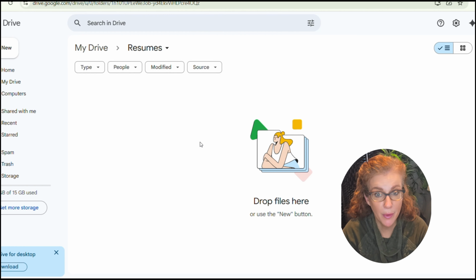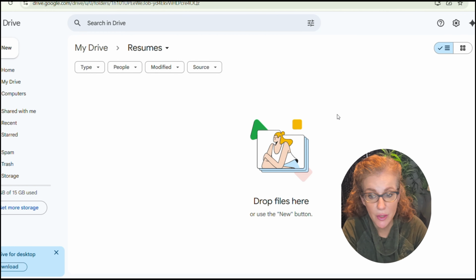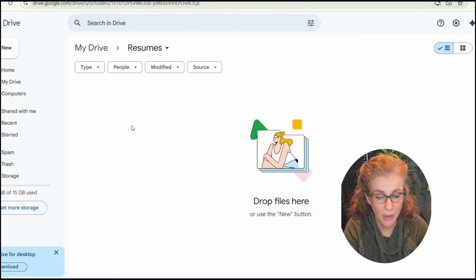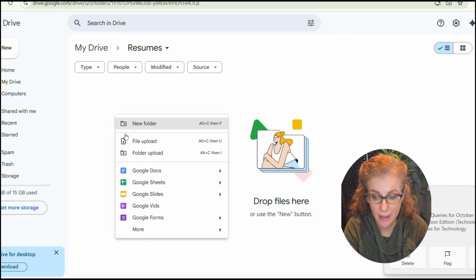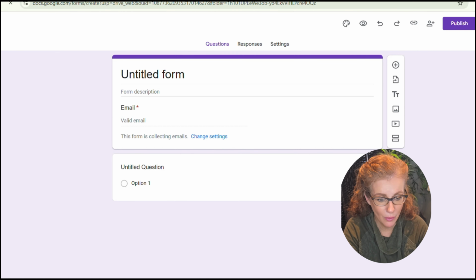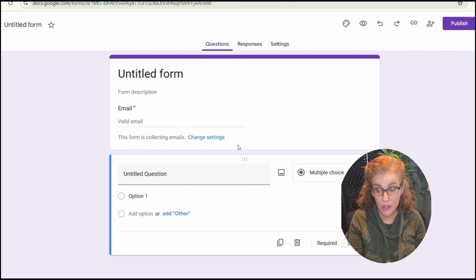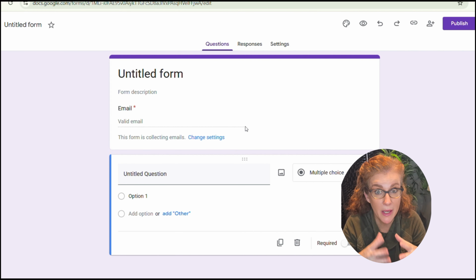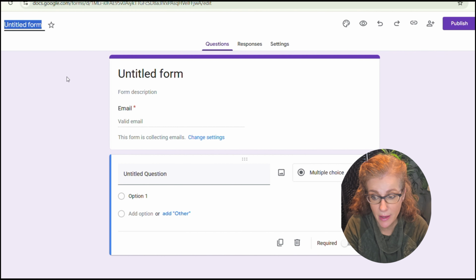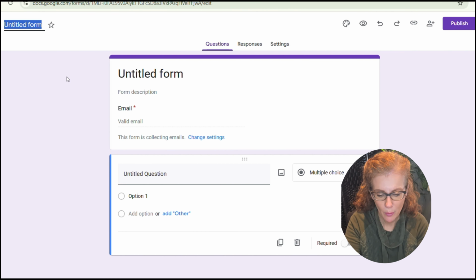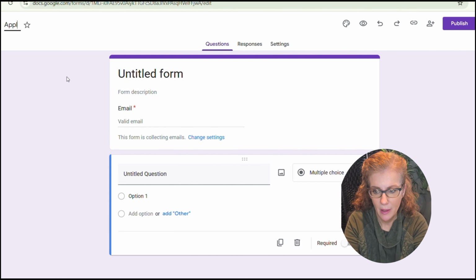Okay, so here we are at the computer, and right now I'm in my Google Drive, and you can see this is just a blank folder that I've called resumes. If we right click in here, you can just do Google Forms. There we go. We've got a Google Forms started. So this is how we're going to do it. We're just going to have a form that's going to be an application form, and we can create that fairly quickly. We're just going to call this